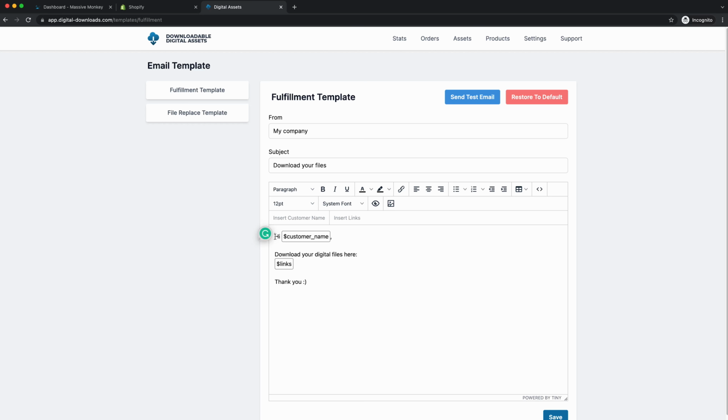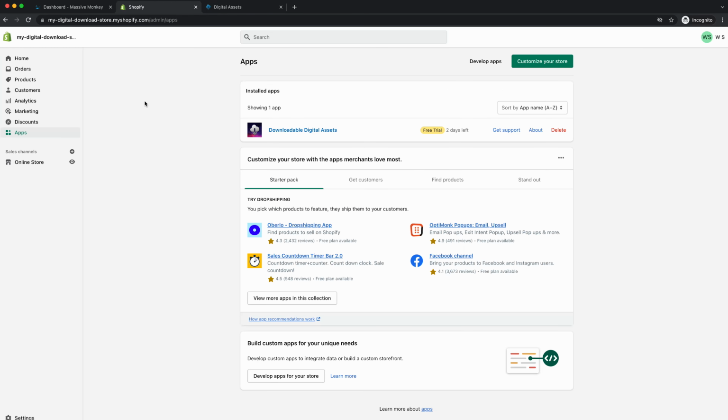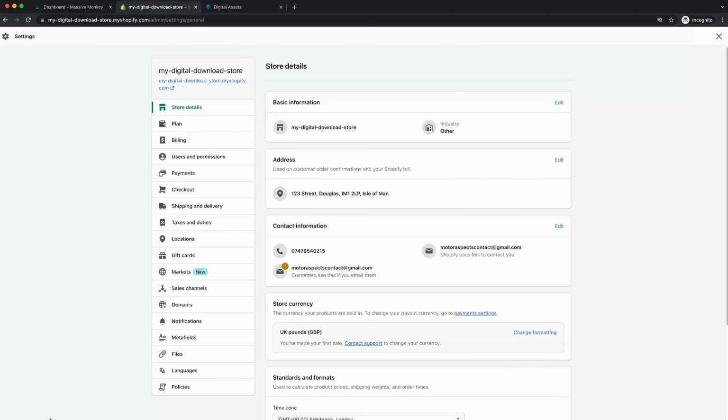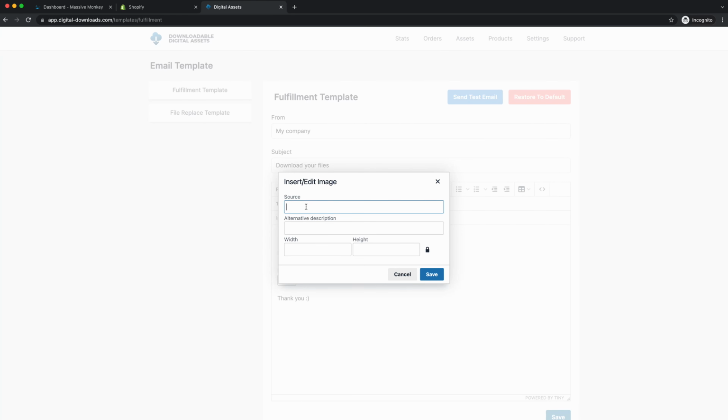If you want to add a company logo, drop that a couple of lines and click this image button here. So what we need to do is go back to your Shopify dashboard, go down to settings, go to files. You want to upload your company logo here. I've already uploaded an example logo, so I want to copy that link. Go back to here, paste that link in the source, and you can just put logo for the alternative description,